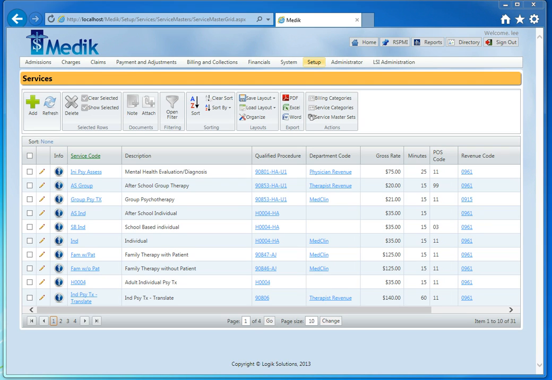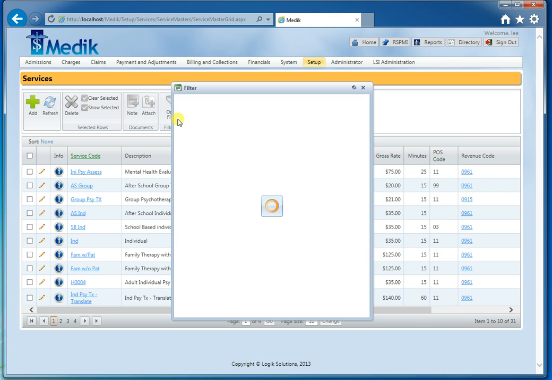In this demonstration, we're going to be looking at filtering on the Service Master grid. First, looking at the grid, we can see that we have 31 Service Master records, and this number will change as we apply a filter. To apply a filter, we simply click the Open Filter button on the ribbon bar, and once the window is